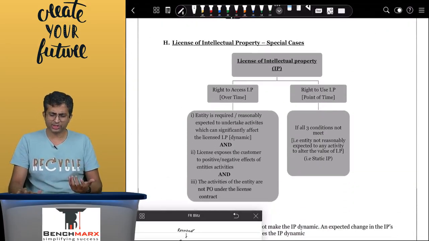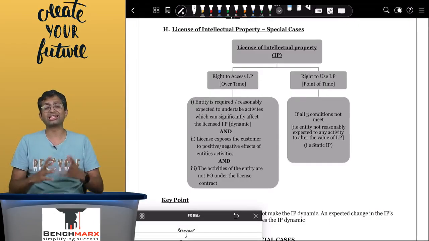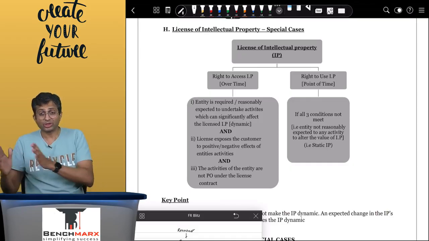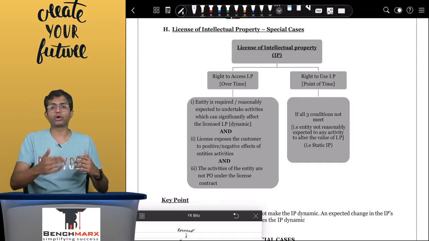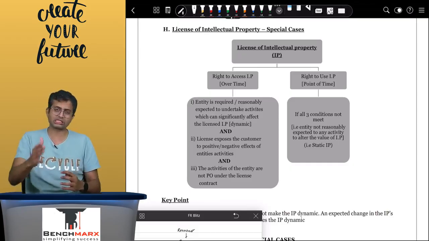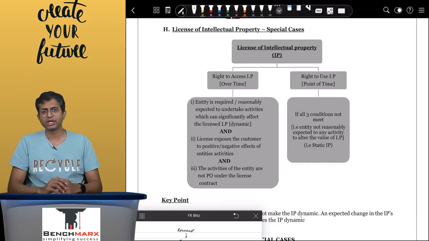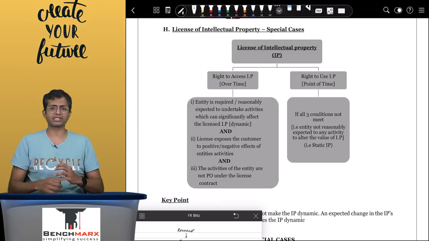Now, a new topic which has been fairly recently added, I think in 2021 or so, is on license of intellectual property. Now, the guidance that you have studied till now for transferring control over a period of time or at a point of time does not necessarily apply to the license of intellectual property, for which a separate guidance is given. So, intellectual property may be, let us say, licenses to feature films, movies, songs, track records,